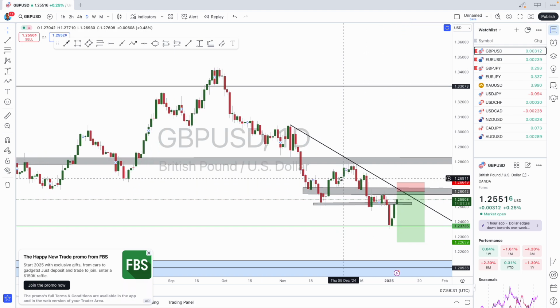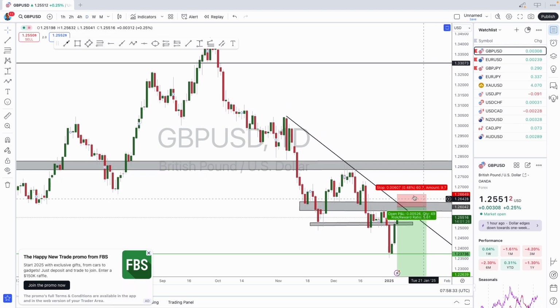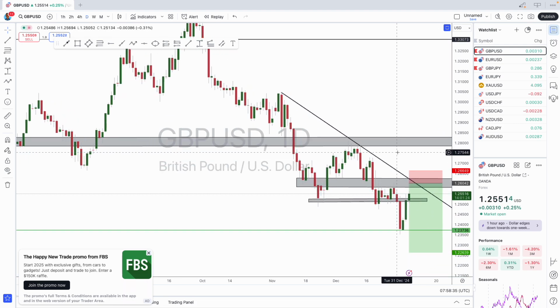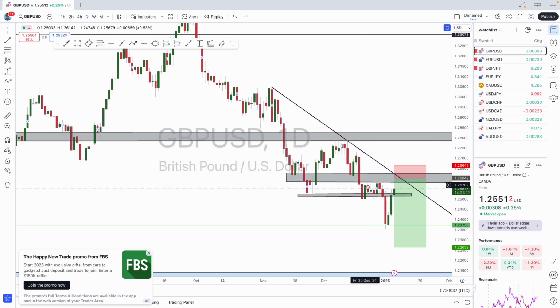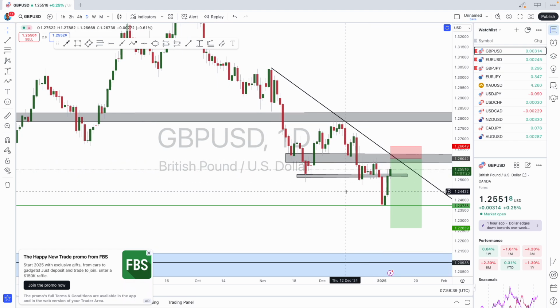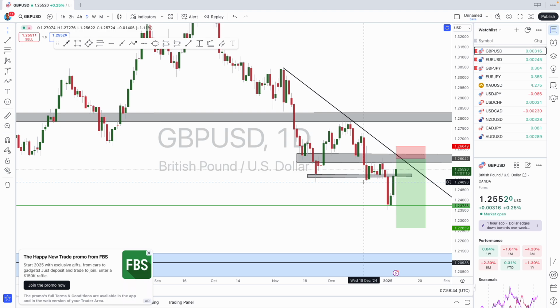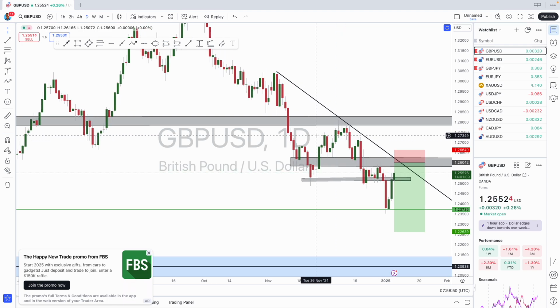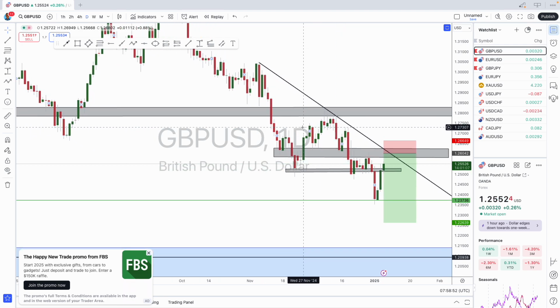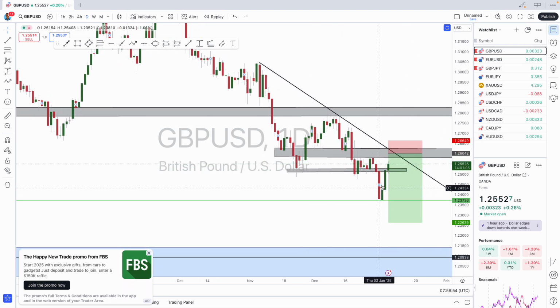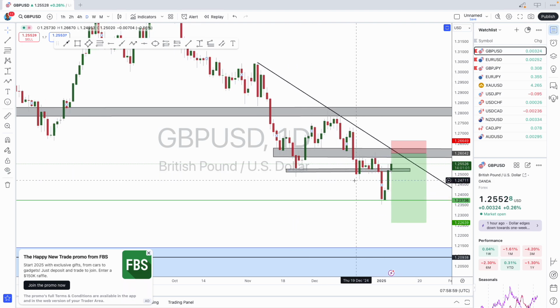Now, I like to use pending orders because I'm not a fan of checking my time and running to my charts every day. So I like to use pending orders as a way of the market coming to me, right, and triggering me, and then we proceed from there, right? So on a daily time frame, what can I tell you? I can tell you that we are retracing. We haven't gotten to the end of the retracement.